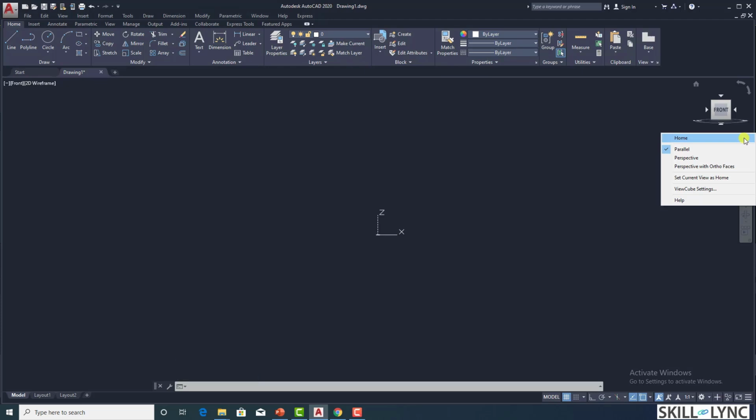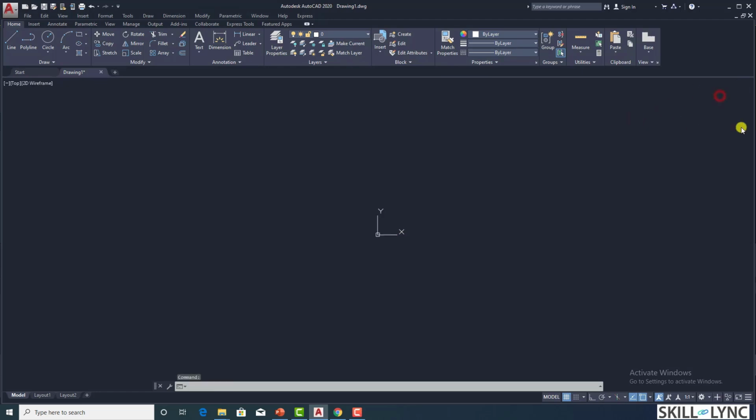So if you recollect the presentation, for a technical drawing viewpoint, we'll always look into the parallel view. But suppose you're working with 3D and you want to look into a perspective viewpoint, you can select the rays of sight in here. So this is your view cube setting.